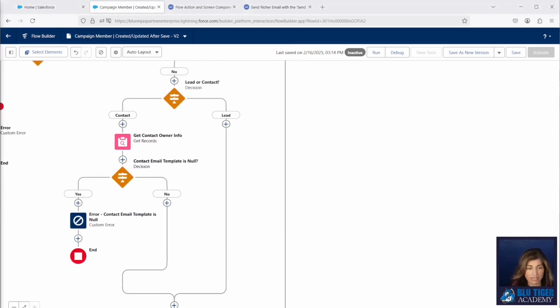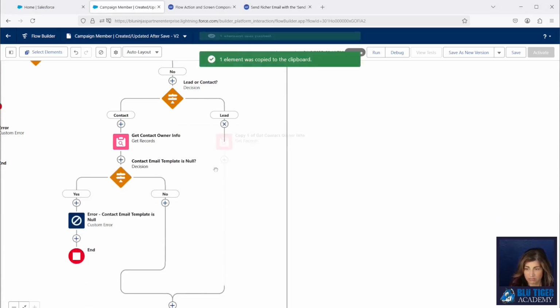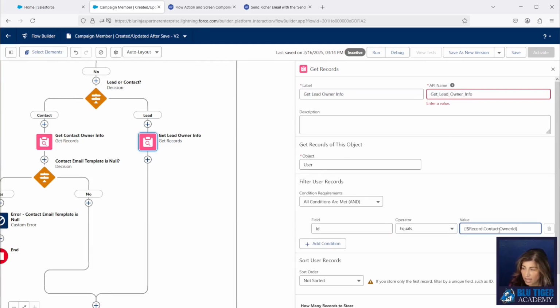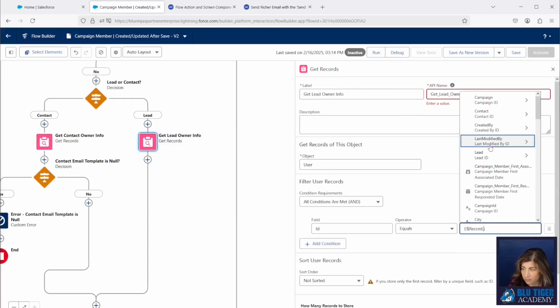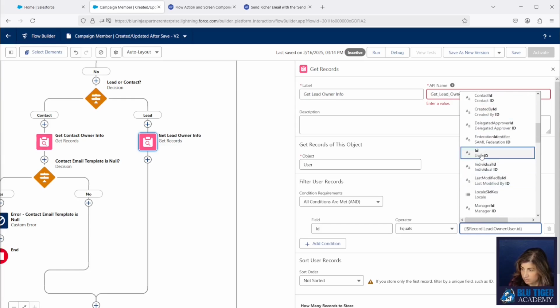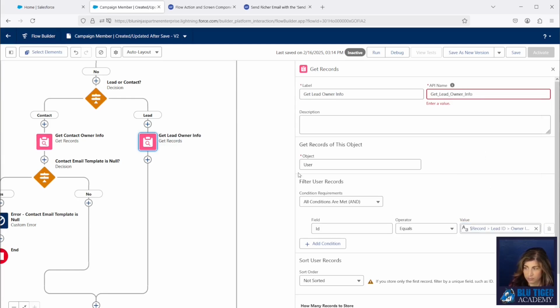Then over on the lead side, we're going to do the same thing, only we're going to look at the lead ID here. So we'll go to the campaign member, then we'll go to the lead, and then we'll go to the owner user, and then we'll go to the owner ID. And that should look just like that.